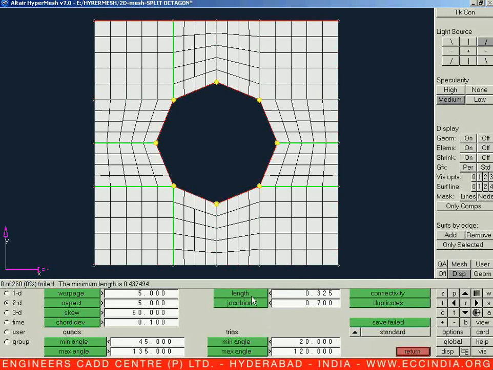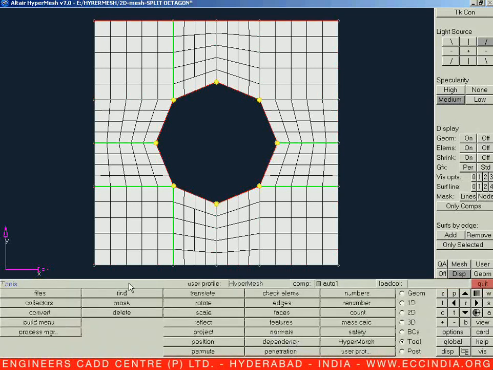Now check your length failure. No length is failing at any aspect. Now let us check the Jacobian failure. 0 failure, minimum Jacobian is 0.95. It's good for all the chords. Then there are no valid elements in a triangular shape, so no need to check over here. Although you are clicking on the triangle, it will say there are no valid elements on your screen. So let us say escape. That means all elements are good.